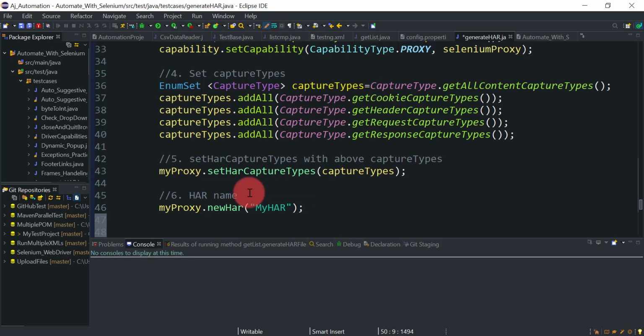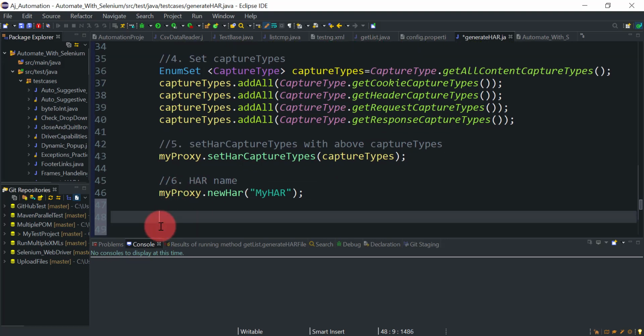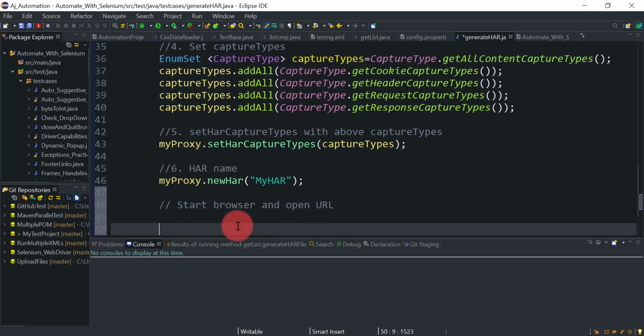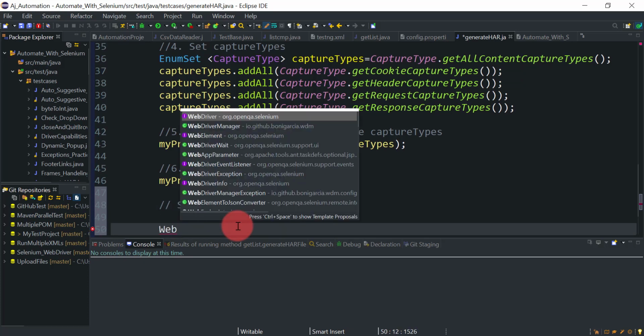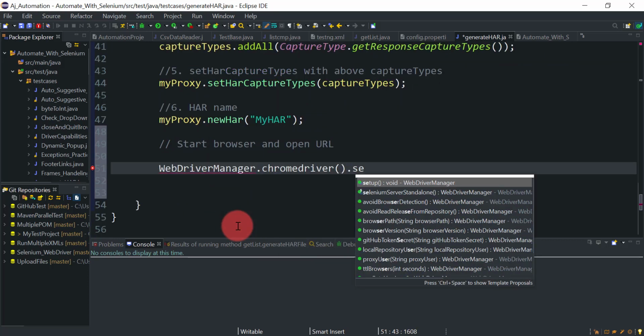Okay, so we are done with the settings. So now we can open the Chrome browser and open the URL. Start browser and open URL. Okay, so I am going to use WebDriverManager.chromedriver().setup().